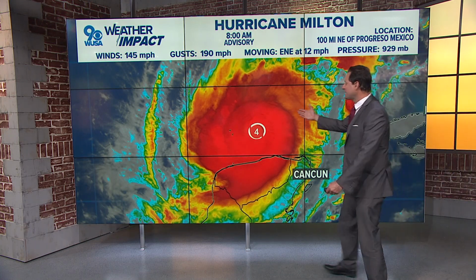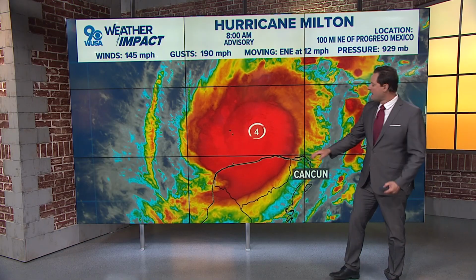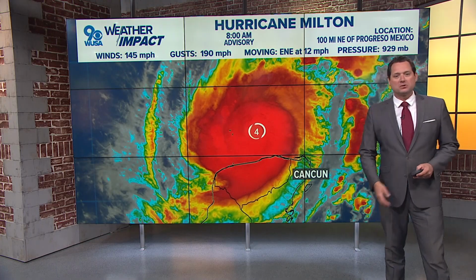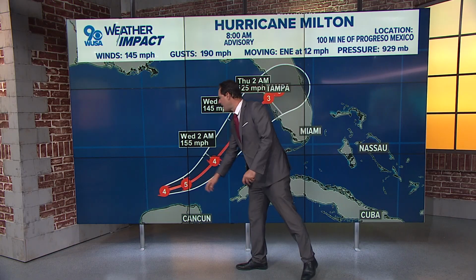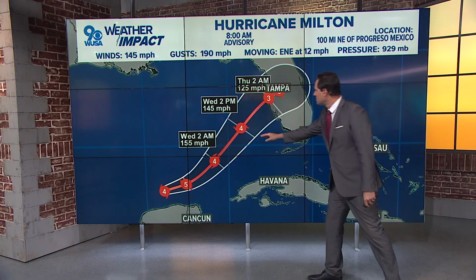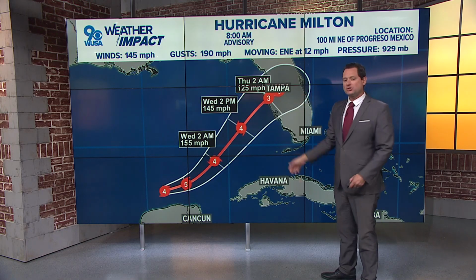The only thing I think really limiting this is perhaps the shallower depths of the water and some of this land interaction as you get real close to the Yucatan Peninsula. But that is going to be moving away from the Yucatan today, so it could potentially be picking up to a Category 5 once again. Again, this is a strong Category 4. Looks like it makes a final approach and landfall late Wednesday into Thursday morning, somewhere around or potentially just south